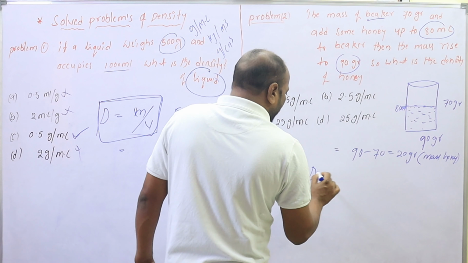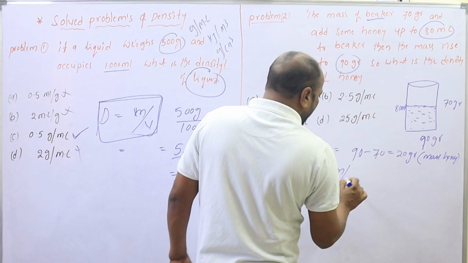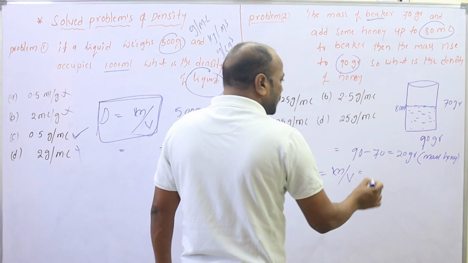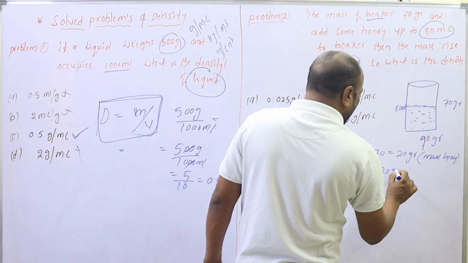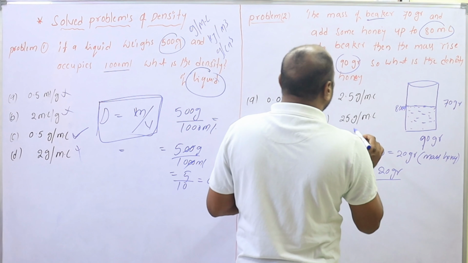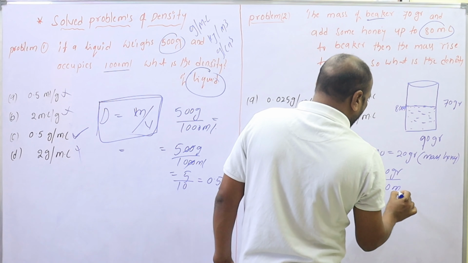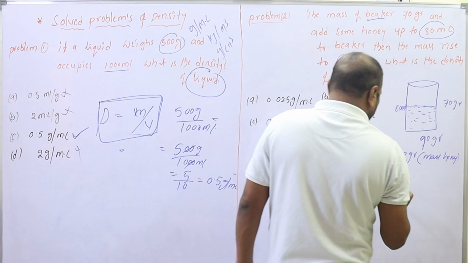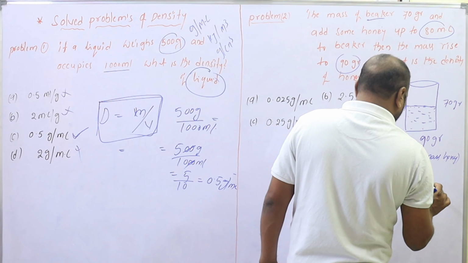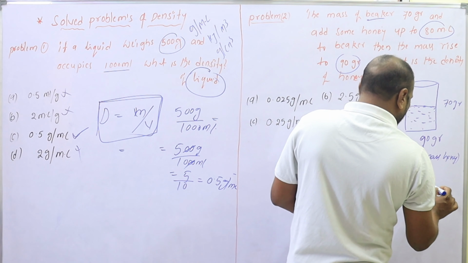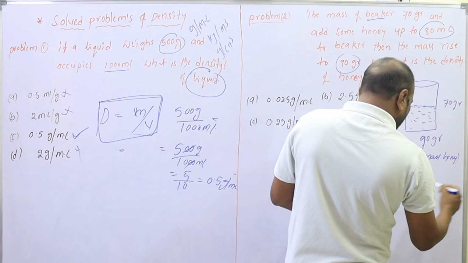The density of honey is equal to mass by volume. The mass is 20 grams and the volume is 80 ml. So cancel the zero, 2 by 8,